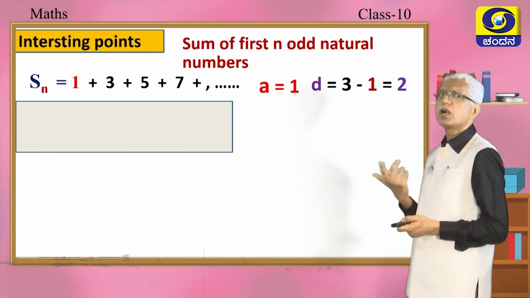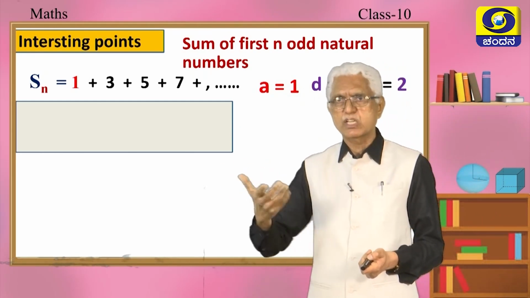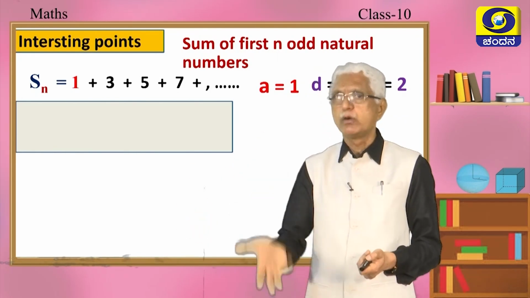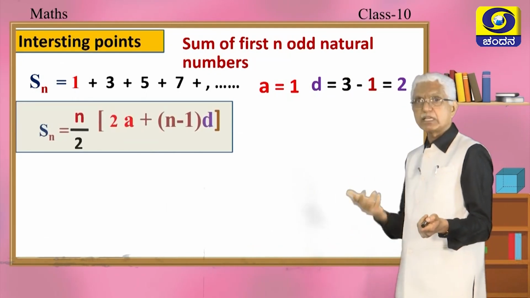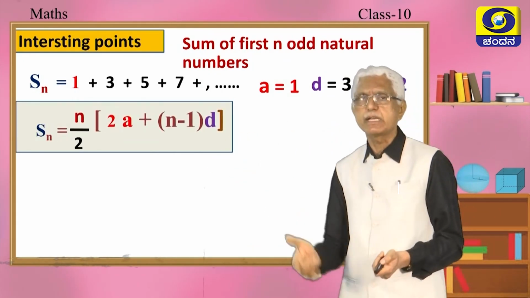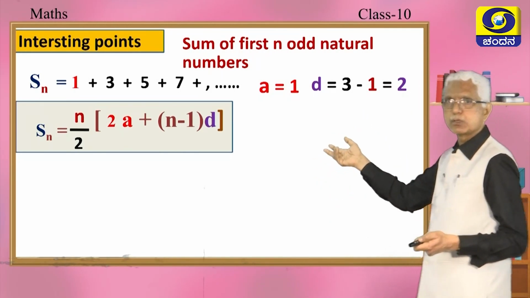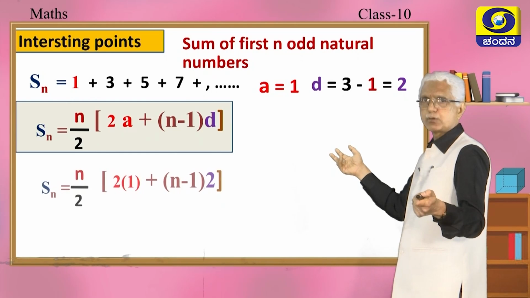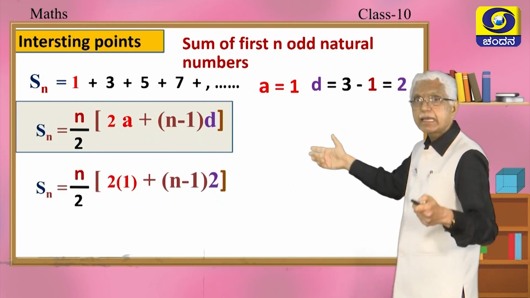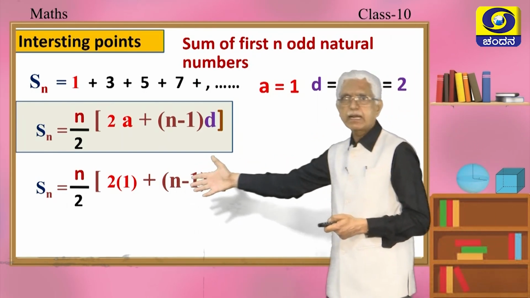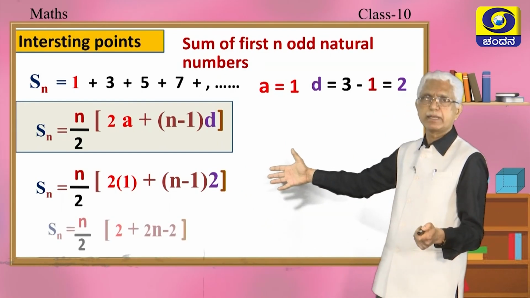And if you want to find the sum of this series, which formula are you going to use? Are you going to use Sn is equal to n by 2 into a plus l? You will not, because you do not know n, okay. Probably I will be using n by 2 into 2a plus n minus 1 into d, because I know the first term is 1 and the common difference is 3 minus 1 is equal to 2, right. So, Sn is equal to n by 2 into 2a plus n minus 1 into d, where a is nothing but 1, correct, and d is nothing but 2. I have just substituted, my dear children.